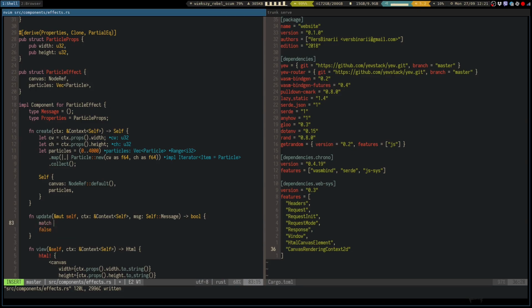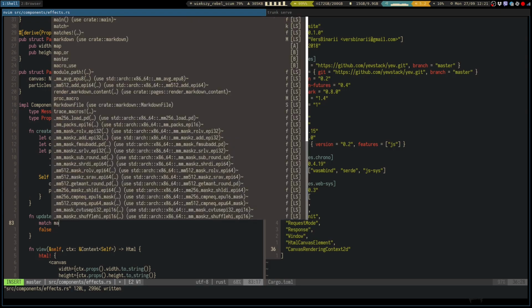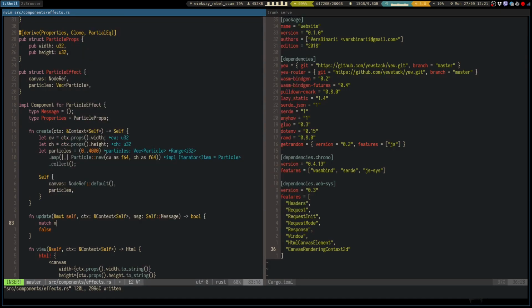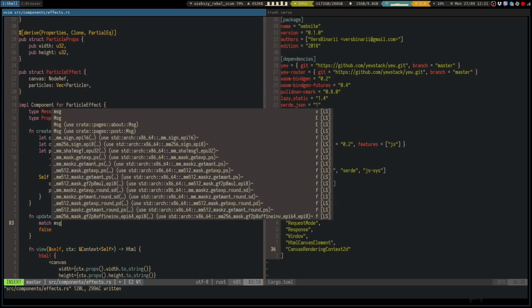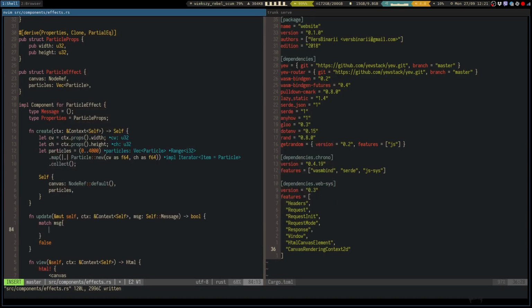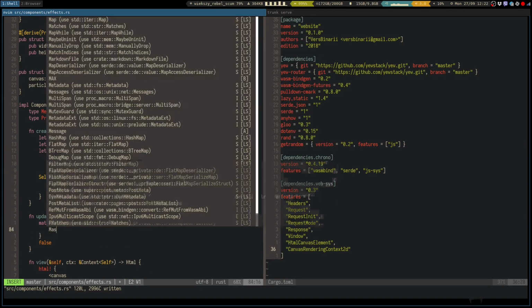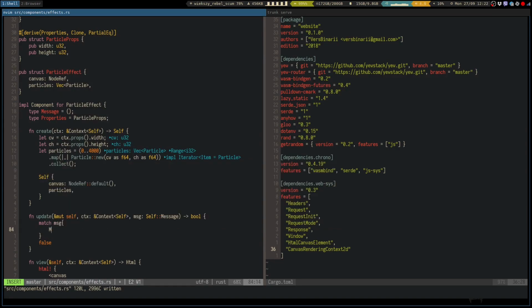So we're just going to match on message, and when it's the message ReRender,